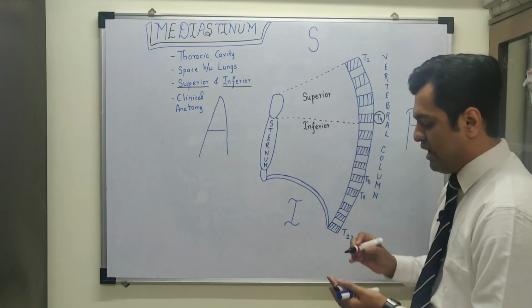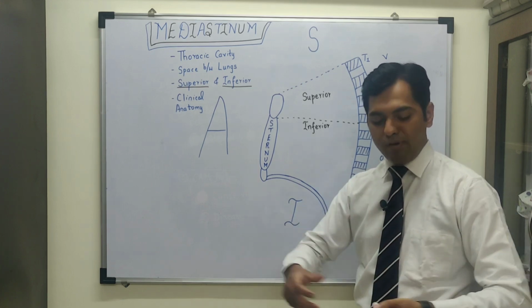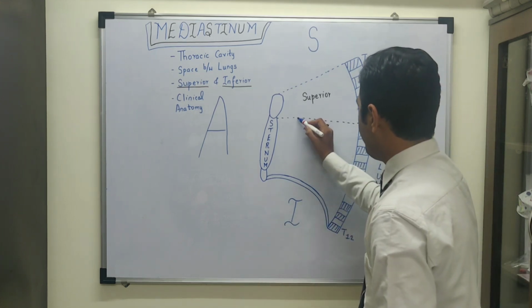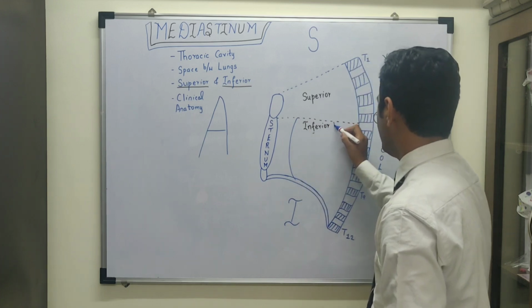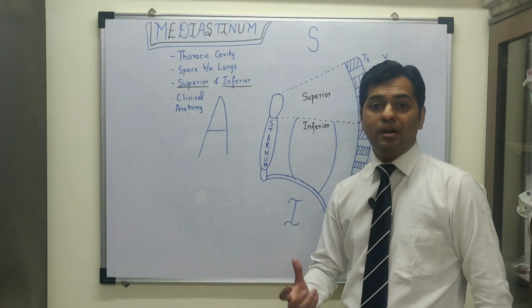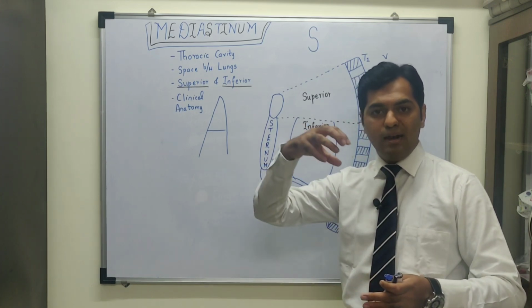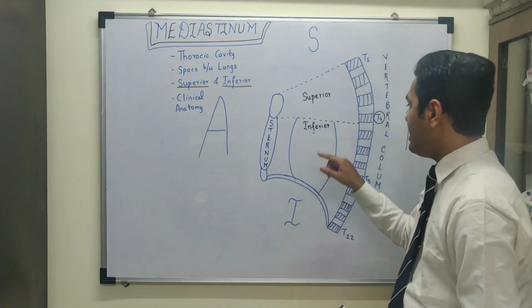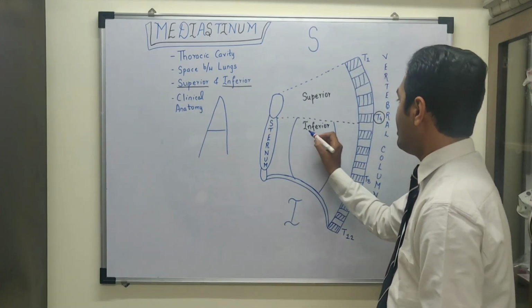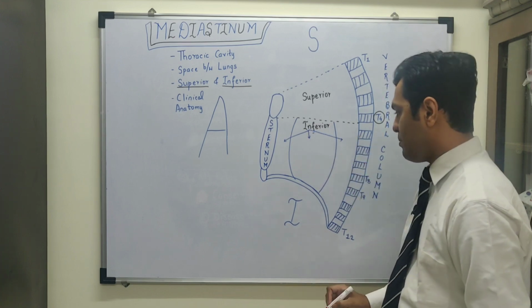Now even the inferior mediastinum has been divided into three different parts by presence of a vital structure, that is the pericardium. Now what is pericardium? Pericardium is the covering of the heart. So pericardium and its content, that is the heart, divides the inferior mediastinum into three different subdivisions, and those subdivisions